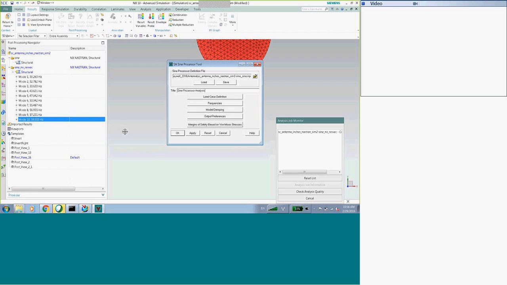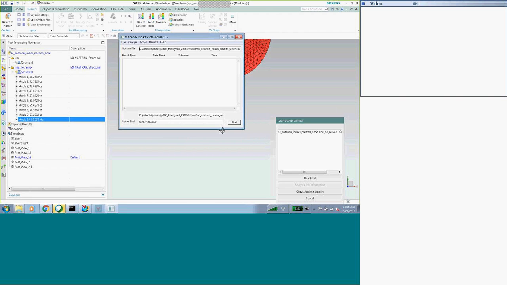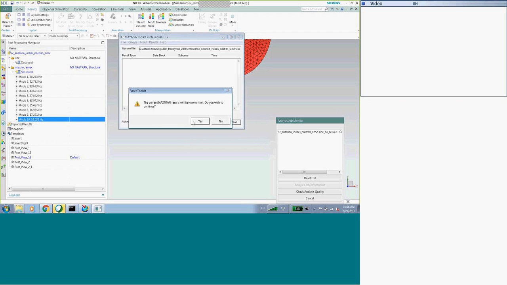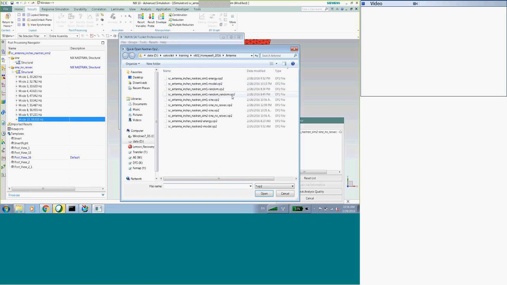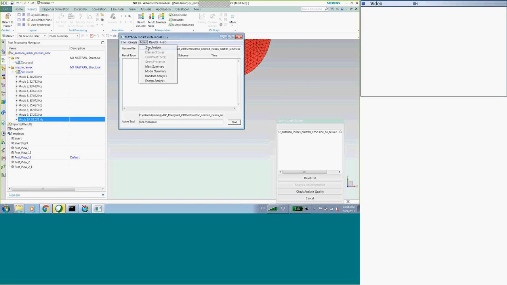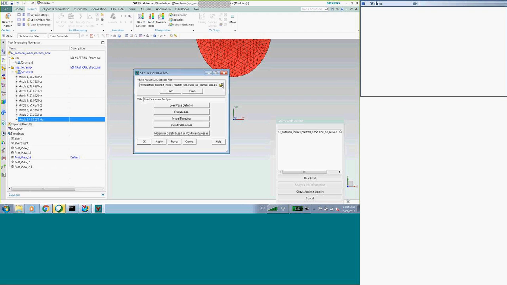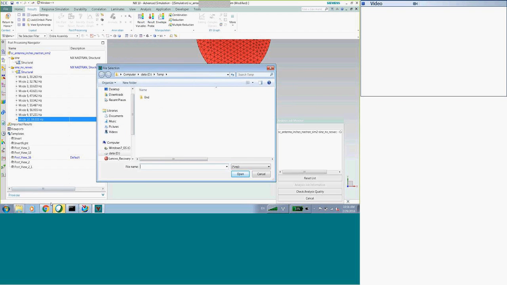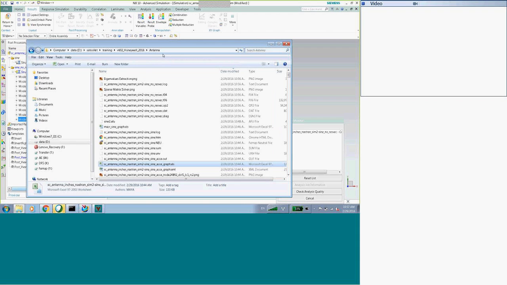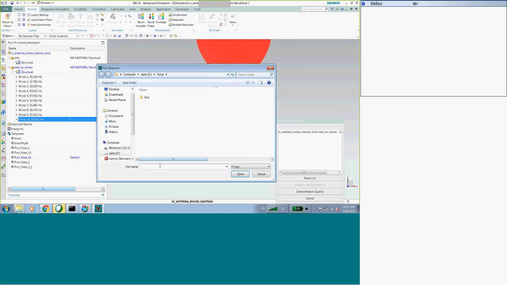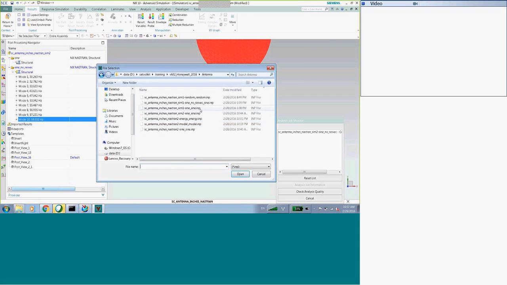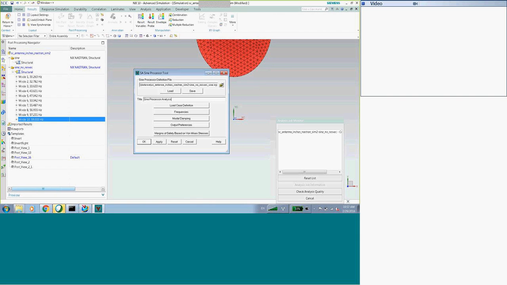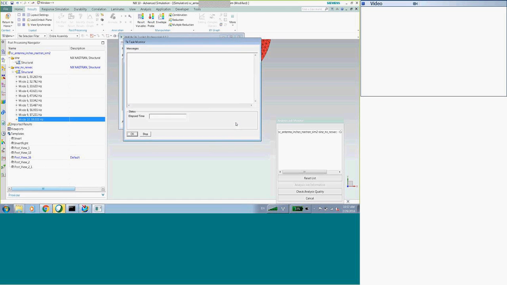So here they are, modes. I'll go get out of my processor, grab that, click open. No ResVec. Then I can just load the IMP file that I was using before. And I'm ready to run.